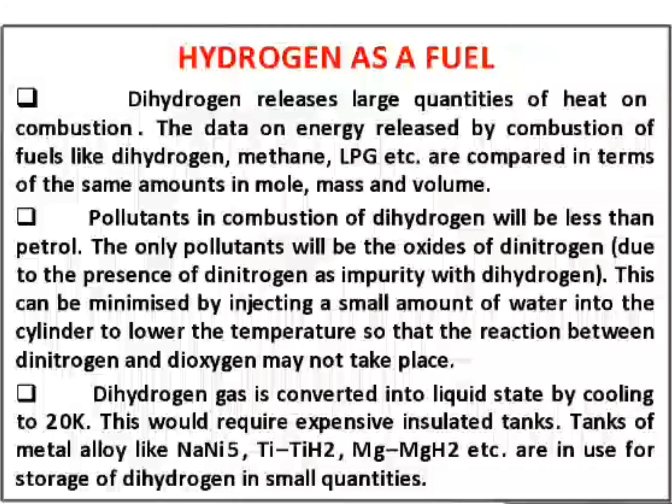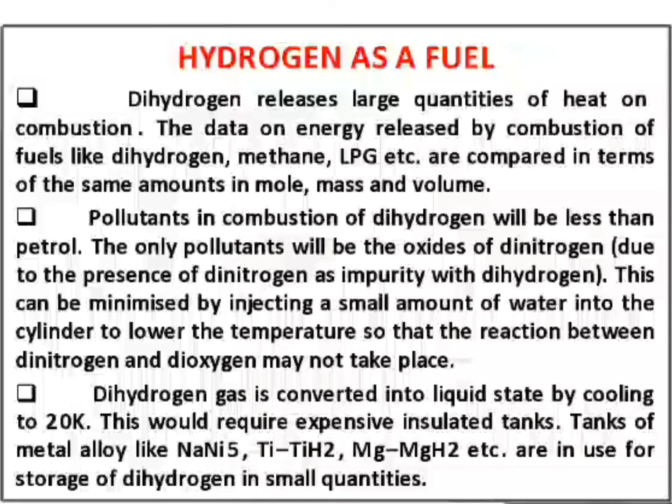So that cylinder has liquefied gas, that is liquid petroleum gas. So why is it in liquid form? Because gases occupy a large volume. So if we compress these gases, then we can store a large amount of gas in a small volume. Like that, hydrogen is a gas, so the volume of hydrogen will be very, very large. So we can store a large amount of hydrogen in a small volume by compressing this hydrogen.